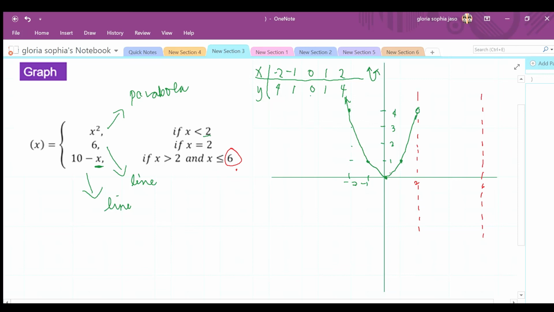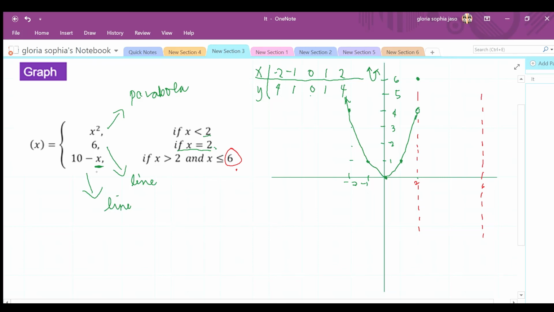And then, next natin is 4x equals 2. So, 6 daw. So, kay 2, the output is 6. So, 1, 2. Ayan. So, dito, ayan. So, yan. This one is just a point. Kasi isa lang yung value ng x na kasama dito. Okay, which is the point 2, 6. So, ito yun. Okay? Then, next,